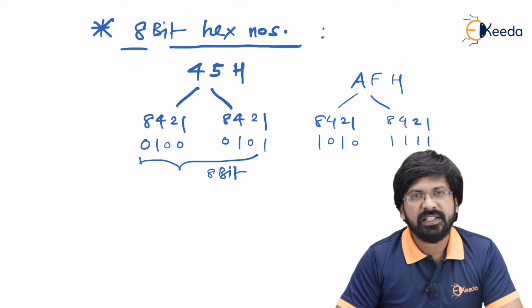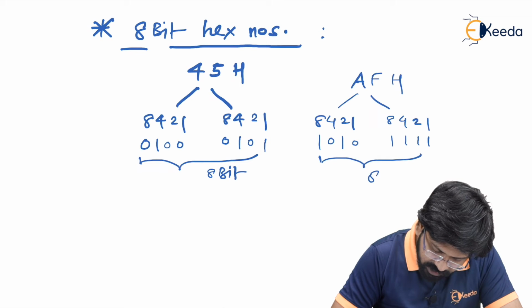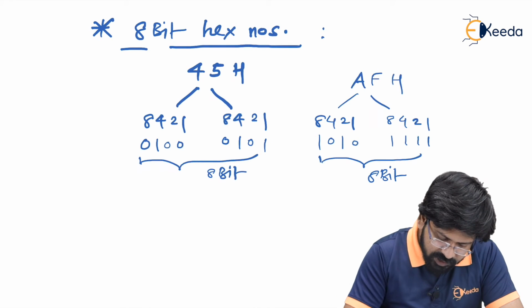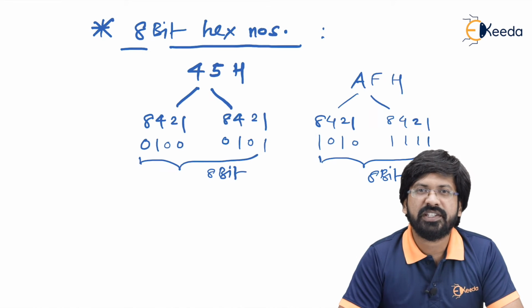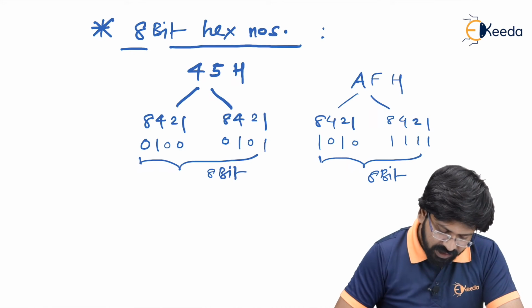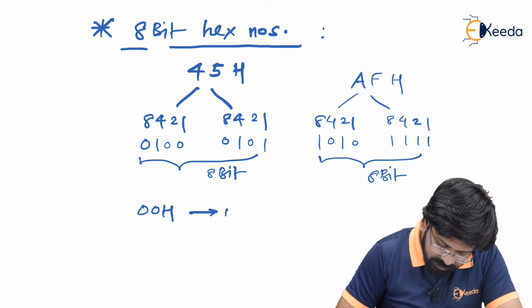So 15 in hexadecimal is indicated as F. If you count the number of bits here, you'll again get 8 bits. So now it is proved that every hexadecimal number having 2 digits is what we call an 8-bit hexadecimal number. In a way, now I can say that 00 hex is the minimum data possible,